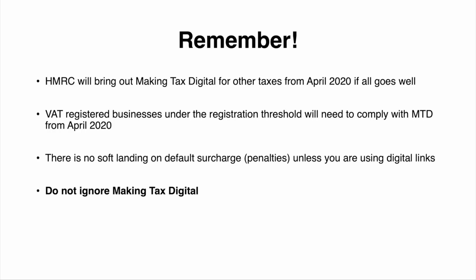You'll be the test group. Basically, HMRC cares about the people over the threshold more than the people underneath. So they're going first to make sure the correct taxes are paid. And there's no soft landing on default surcharge or penalties, as you may know them, unless you are using digital links. So what this means is as soon as April